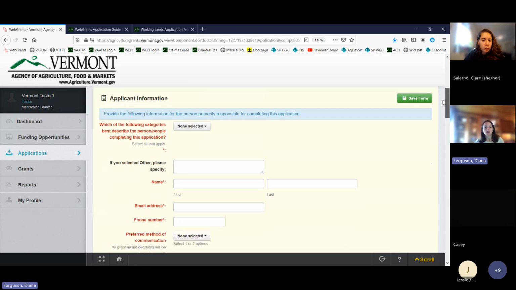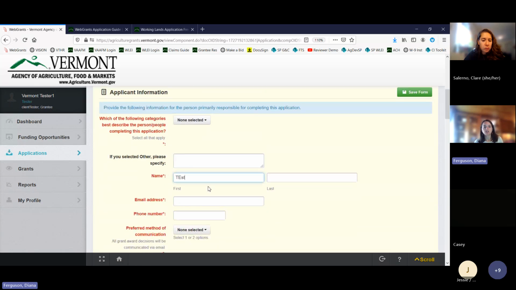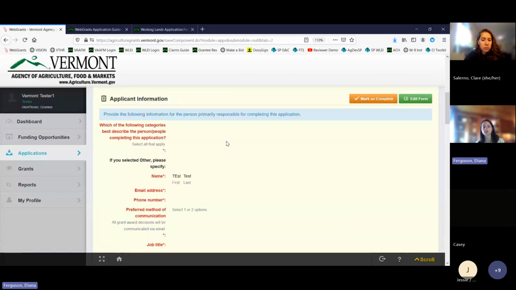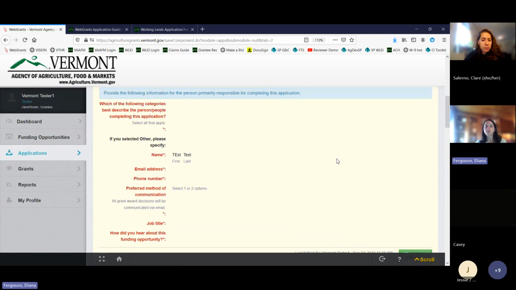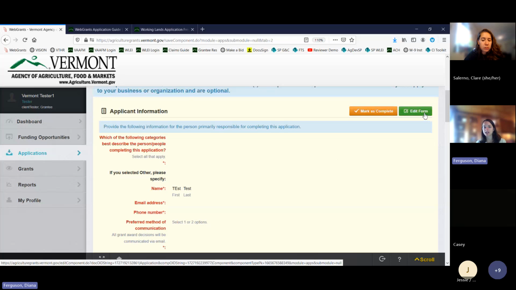And so let's see, if I enter some information and I'm ready to go have lunch and walk away, I can click Save Form up on the top right, and that will save the information that I've entered, but you can then come back and edit it at any point. So it saved my test name, but all of the other fields are blank. As you can see, after you save, you're in this sort of view only mode. And so you can log out, log back in, come back at any time, and then click Edit Form again to reopen to the editing view.